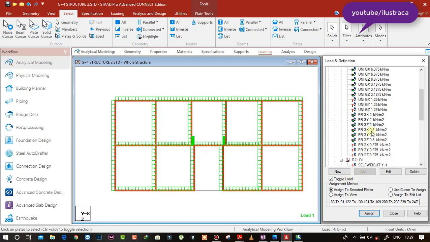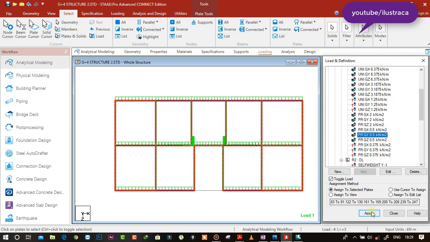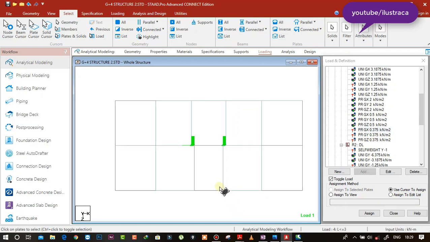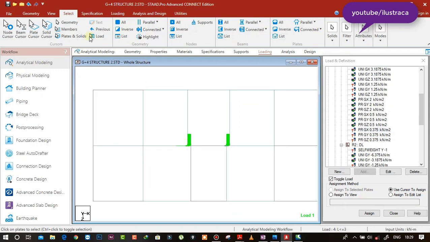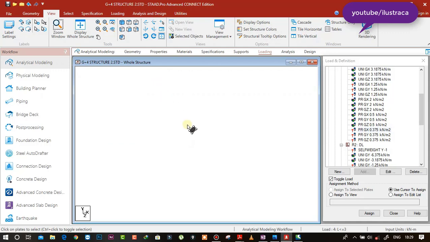Now this 0.5. Now, so you can see we have removed all the loads. I think something is left here. Just let's see which load is left.